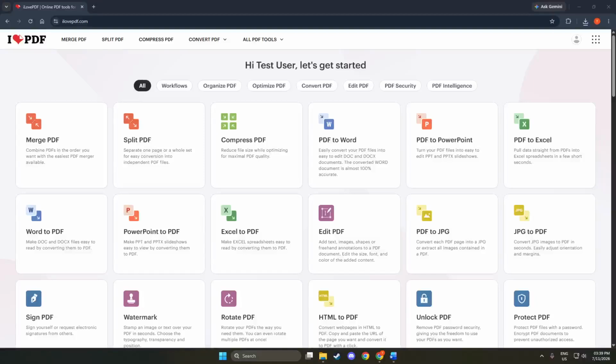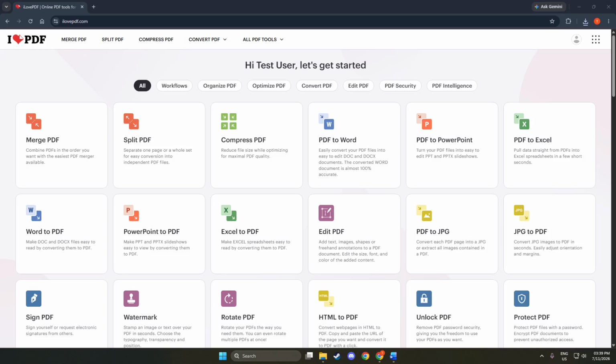In today's video, I'm going to teach you how to add an image in a PDF in iLove PDF. First, let's start by opening iLove PDF. You can do this by going to your web browser and typing in the URL. Once you reach the iLove PDF homepage, you'll be greeted with a clean and user-friendly interface.